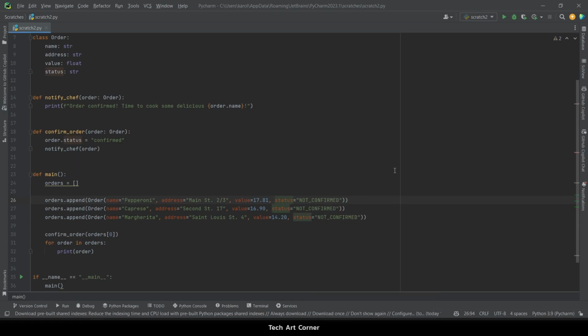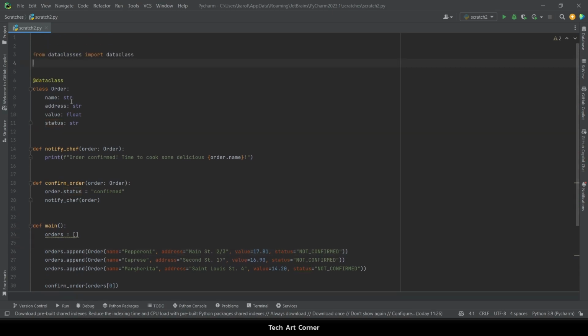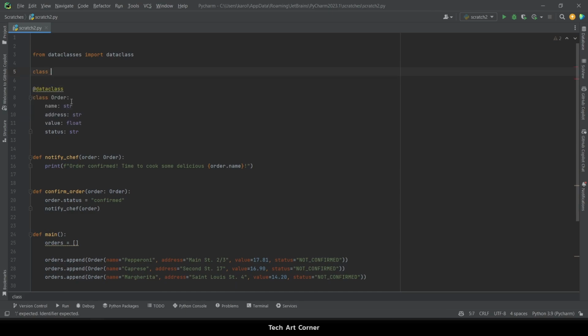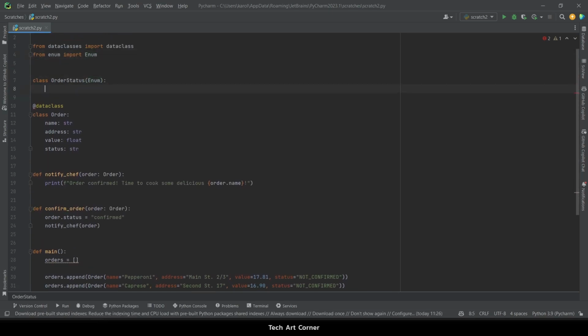We could store those names in some class, a simple enumerator, and that would fix the issue for us. So why don't we create one? We just have to create a class, call it something that is easy to comprehend, maybe OrderStatus, and that has to inherit from Enum. Don't worry if you see that red highlight here, because we can import it from the enum module, which is built into Python. So now we have to declare the names that we're going to use.